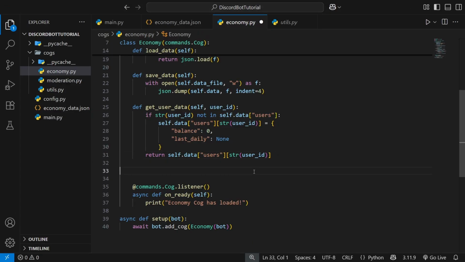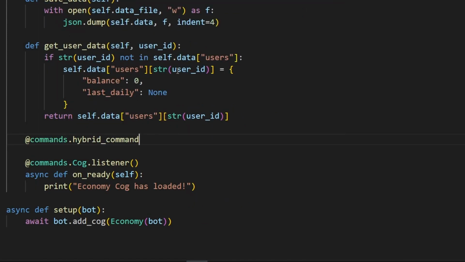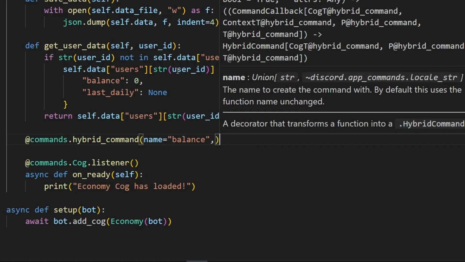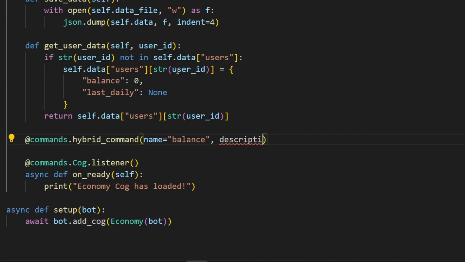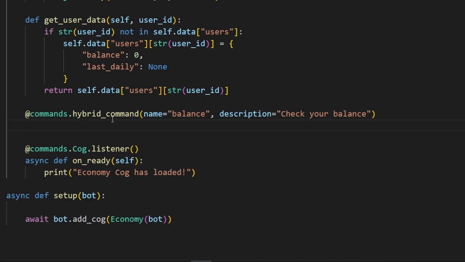and type at commands.hybrid_command, brackets, name equals, we'll pass in balance here, comma, and we'll pass in description equals, then we'll pass in check your balance. Now we're going to asynchronize